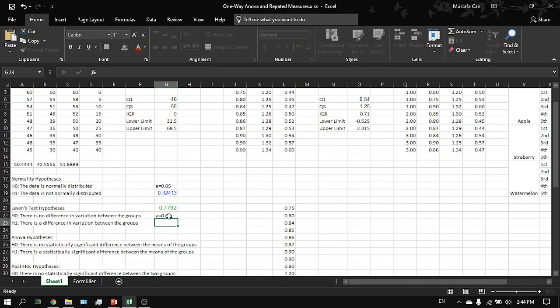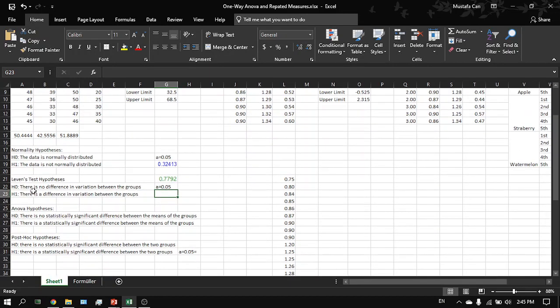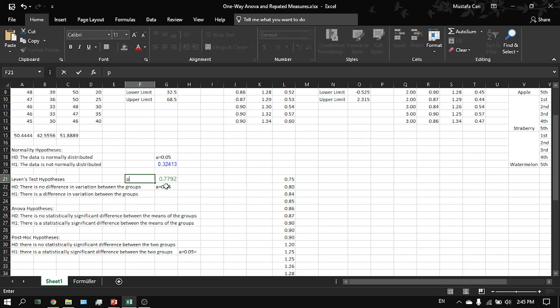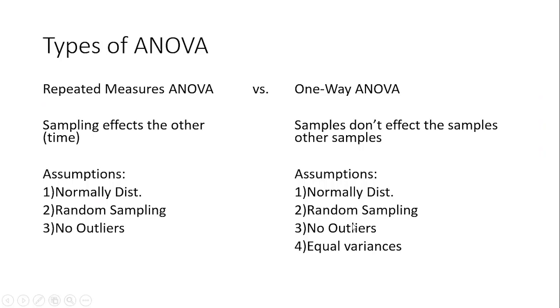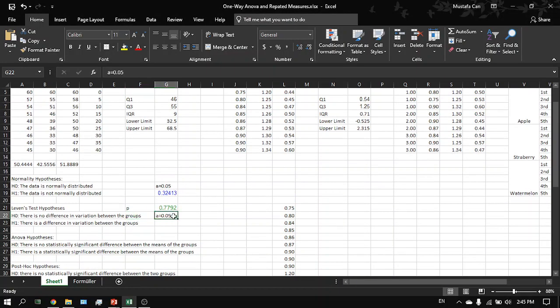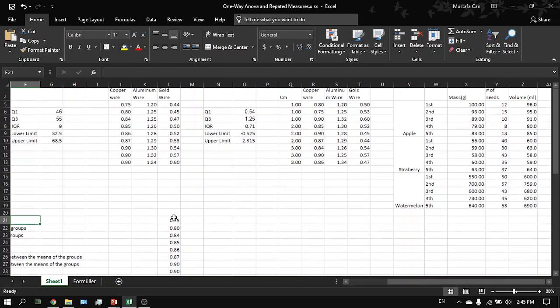Alpha value is 0.05. Let's see what's the hypothesis for Levene's test. There's no difference in variation between the groups. So we don't reject, since our p-value is larger than alpha, we accept the null hypothesis, so there is no difference in variation between the groups. So our data is homogeneous as well after doing this test. So since we meet all the assumptions, we can do